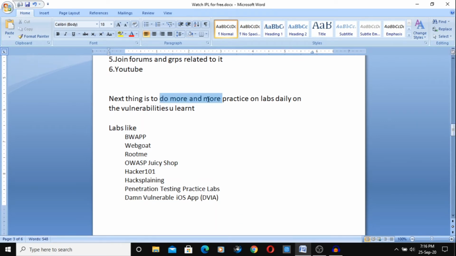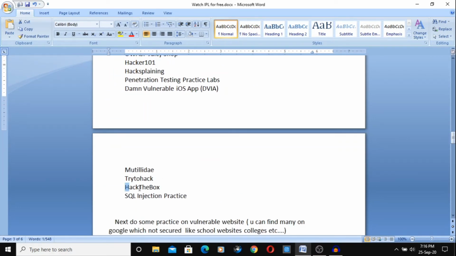And then the next thing is, while studying or learning about the vulnerabilities or bugs, you should do daily practice on labs which are already vulnerable, like BWAPP, WebGoat, DVWA, Hacker 101, Hack The Box, SQL injection practice, try to hack.